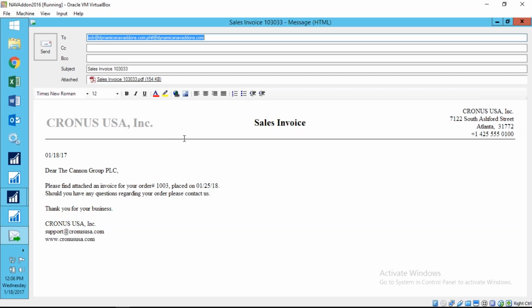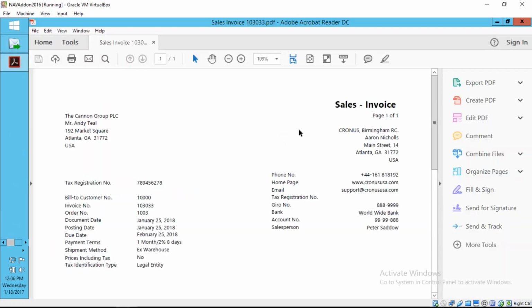There's a few other things that also are only available in some of the newer versions. So at this point, we have the email addressed, and we have it sent to Bob at Dynamics NAV Addons and Phil at Dynamics NAV Addons. We have the subject, which is sales invoice number 103033, and there's the attachment, a posted sales invoice 103033, which if we open up, you'll see that at this point we've used the default native NAV